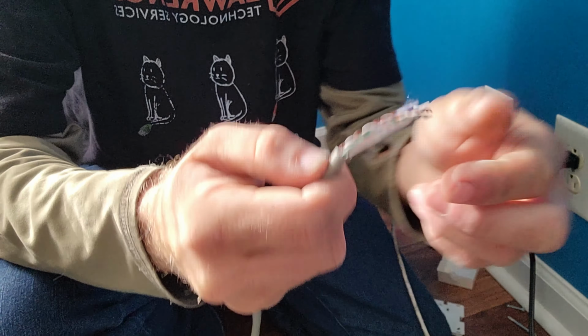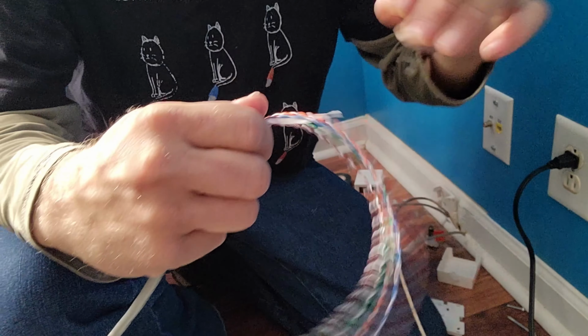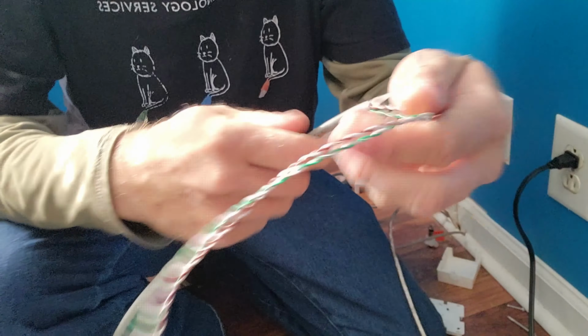You just pull it down, cut off the end that you scored, and then you're left with the end, and then the pull string leaves a little tiny gap. You just separate it. I like to pull it down some. This is just protective material, and the Cat 6 helps separate the pairs for interference. Cut off your jacket. Do the same thing. Take 2 pairs, cut them off, cut the rest of your jacket here,